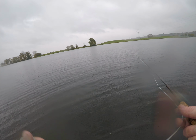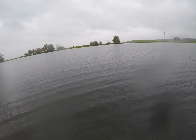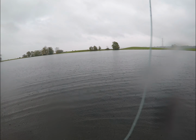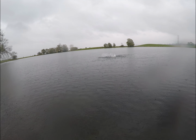Casting as far as I can, letting it sink down sometimes, sometimes not. I'm going to apologise now because the weather was horrendous and the rain got on the camera lens on some of the footage. And bang, I'm into my first fish. Now the fish do fight hard, they're really good fish and they're strong, but if you watch the rod bend,